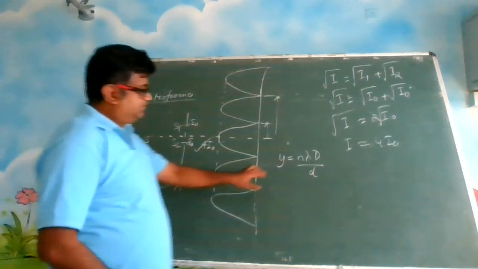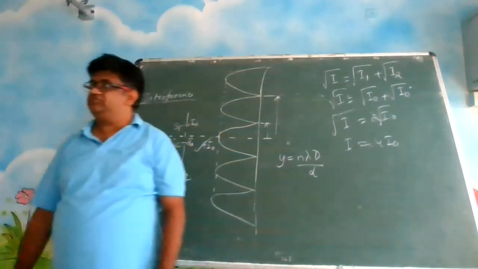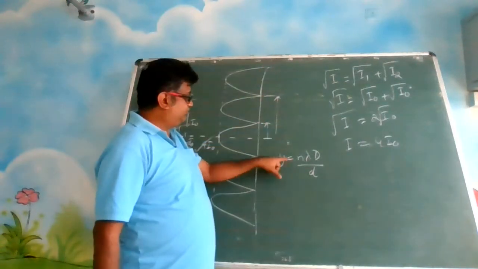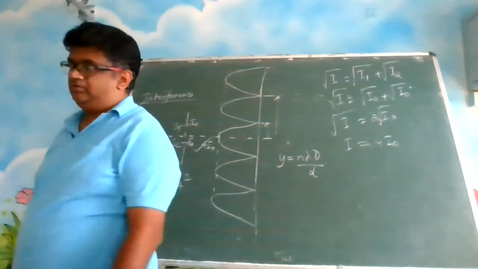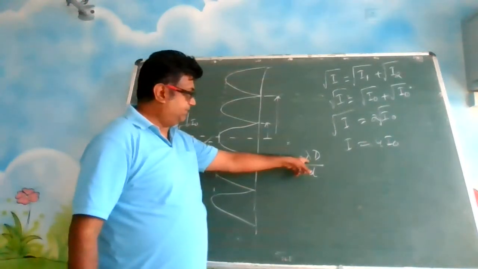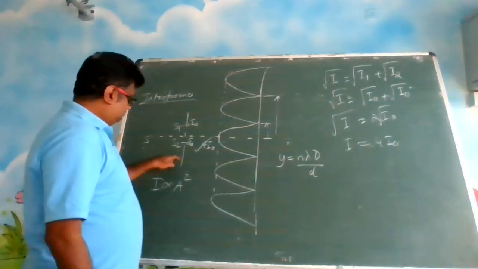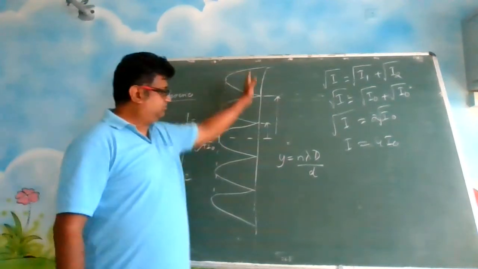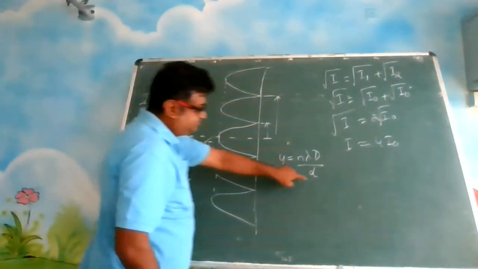And what is this y? Y is the coordinate of the dark interferences. You can calculate the dark fringes by putting the values of n. N is the order: first order, second order. If you say fifth order, put n is equal to 5. Lambda means wavelength. Capital D means the distance from the aperture to the screen, screen 1 and screen 2, the gap between them. And small d is the slit size of the hole.